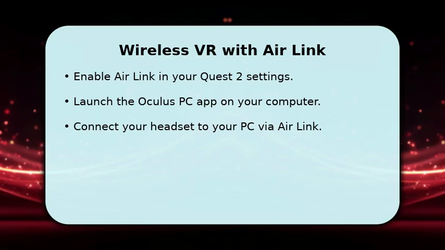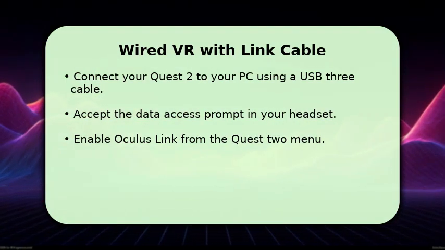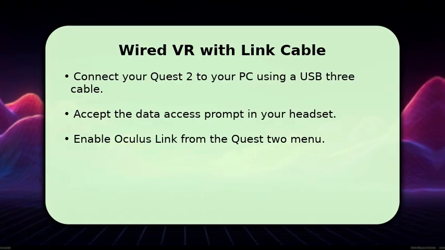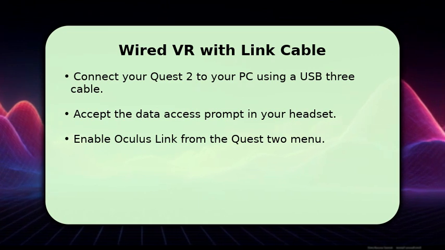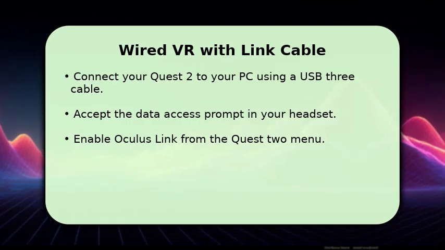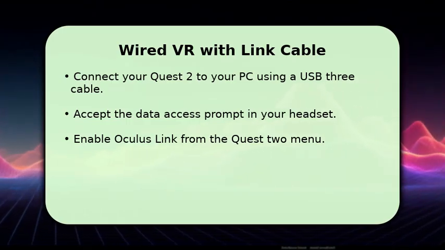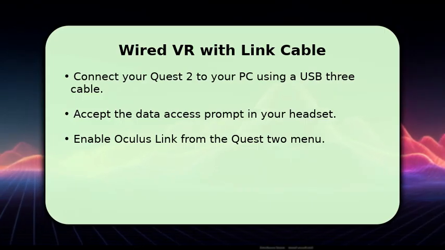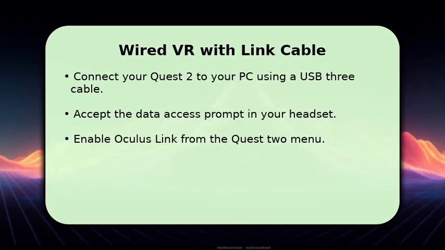you in the game. If you prefer a stable, wired connection, the link cable is your go-to. Use a high-quality USB 3 cable to connect your Quest 2 directly to your gaming PC. When prompted in your headset, accept the data access request. Then, enable Oculus Link from your Quest 2's Quick Settings menu. Once connected, launch Roblox Player on your computer, and you'll be ready to enjoy Roblox in virtual reality with minimal